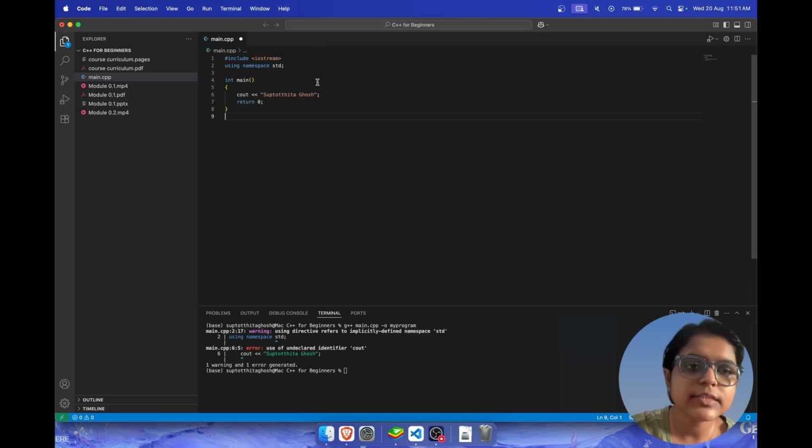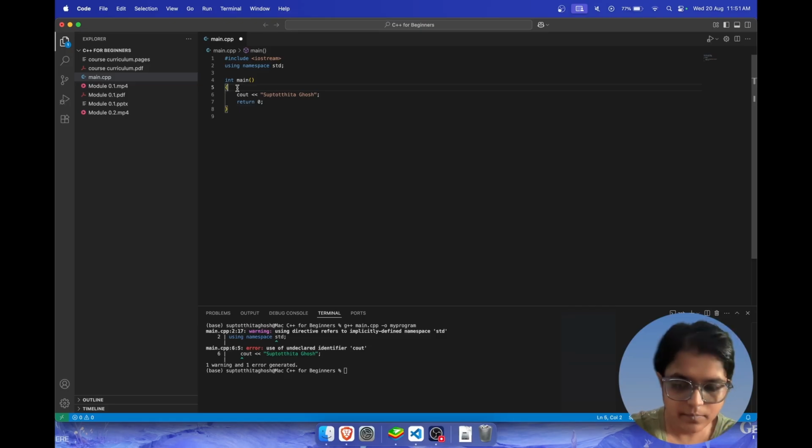And then we have cout and cin for IO. C++ provides us with cout and cin. Cout is basically short for console output. This is the command that helps you print things on screen. And cin is the console input. This reads the input from the user. So we have already used cout here. Let us try using cin.